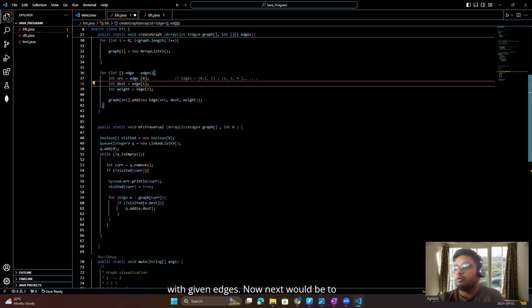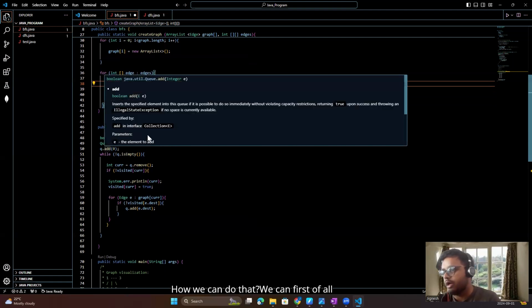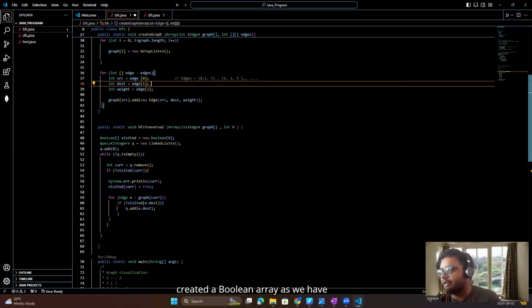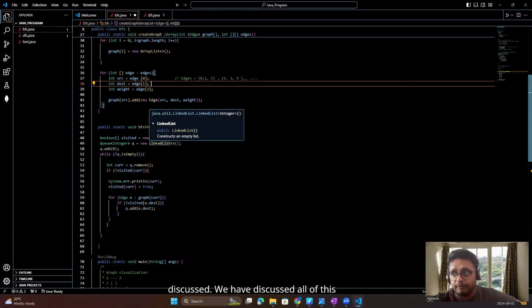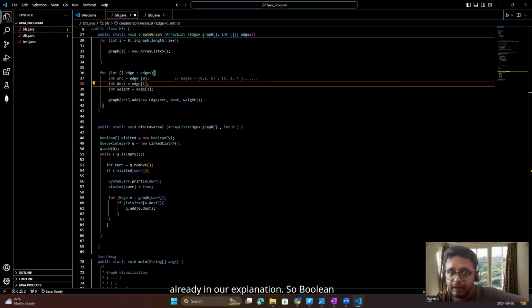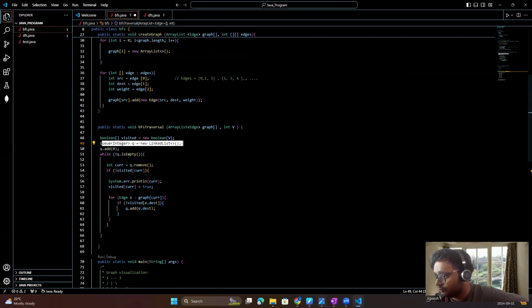Now next would be to create a function for BFS traversal. How can we do that? We can first of all create a Boolean array, as we have discussed. We have discussed all of this already in our explanation. So, a Boolean array visited to keep track of which nodes have been visited. And then we are going to need a queue here, right? We're going to need a queue here, as we have discussed